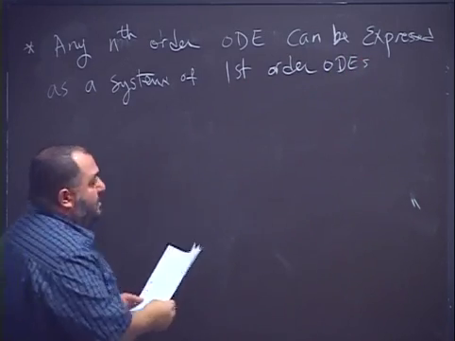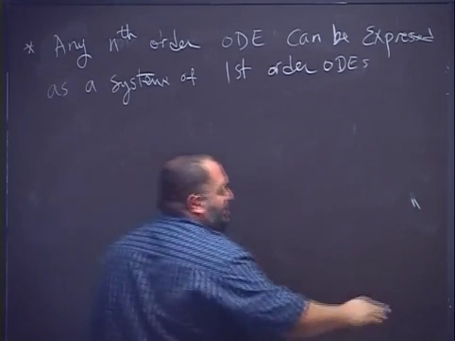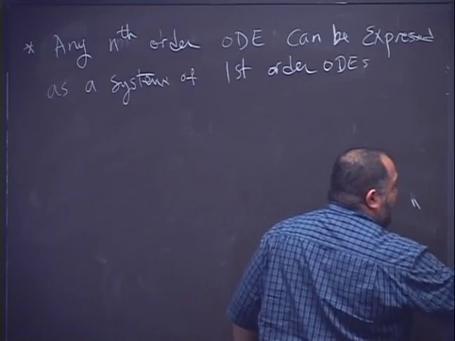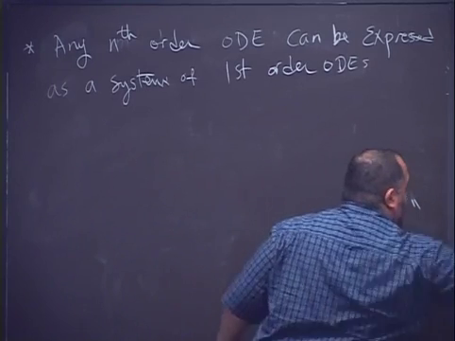So our equation here, we can represent y^(n) as equal to r of x minus all the other terms, the